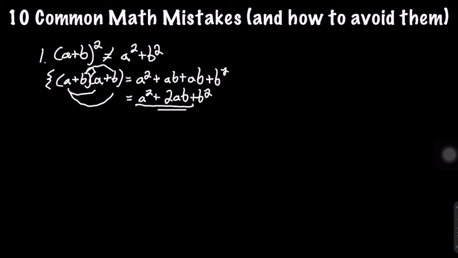to visualize. The second most common math mistake that I've made is forgetting to distribute the negative when you have a bunch of terms. These mistakes may seem easy to avoid right now, but when you're dealing with complex expressions and there's a lot going on, it's easy to make this minor mistake that will completely change your whole answer to the question. Here again, we just have to distribute the negative, so it becomes minus a minus b. This one's a quick one, but if you have a lot of terms in your expression, it's very easy